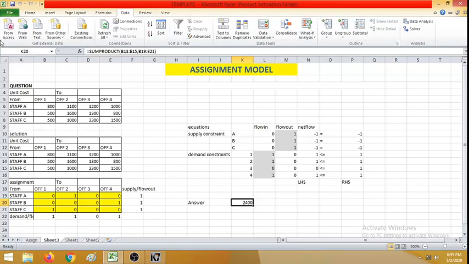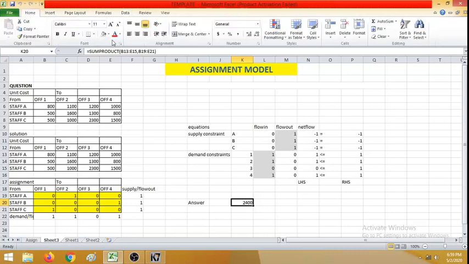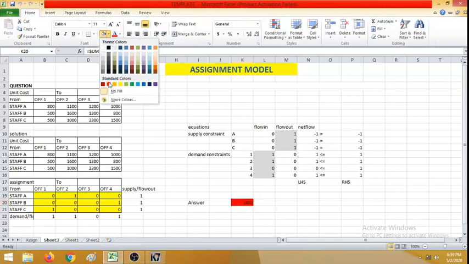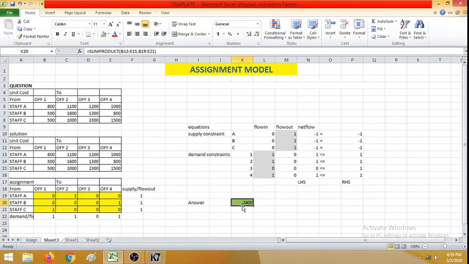So what does it mention? See here, if staff A is assigned to office 1, staff B is assigned to office 4, and staff C is assigned to office 1, the minimum cost of functioning is going to be 2400.